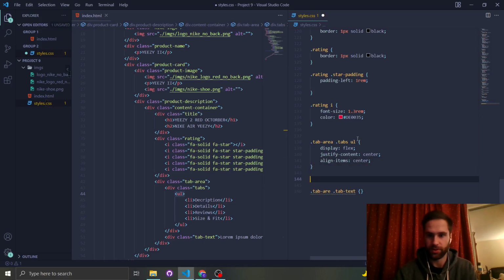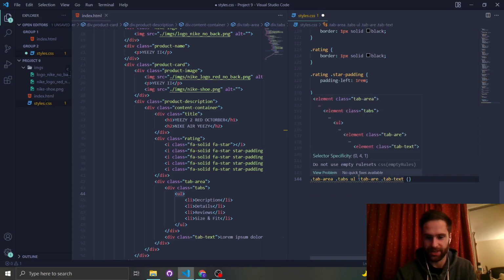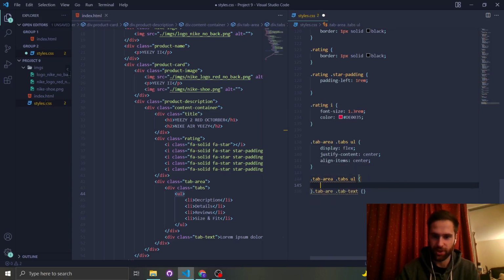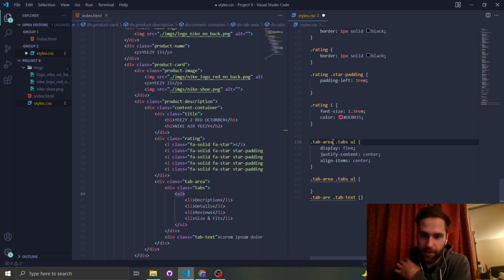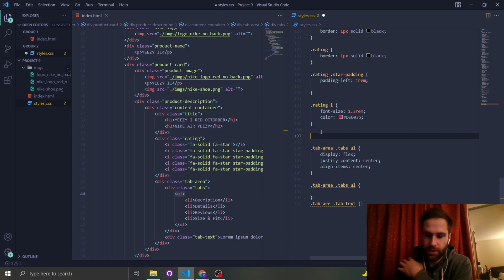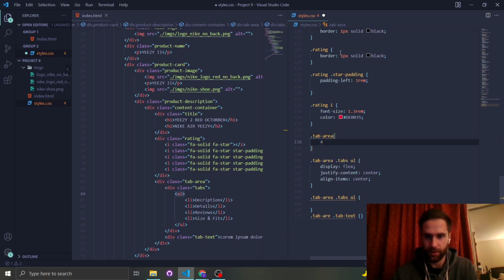To do that, we're just going to copy this. It's actually kind of hard to read. Adding too much hierarchy is bad. If you wanted to add hierarchy, you could just style the tab area. So give the tab area a style. This is what I actually tend to do more often than not. I just go tab area, give this a style, and then I know that everything inside here, everything inside rating,